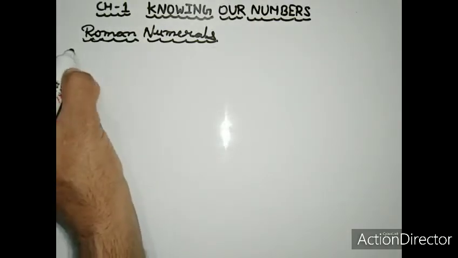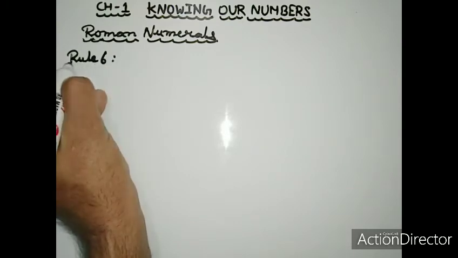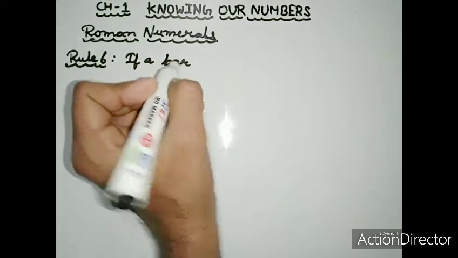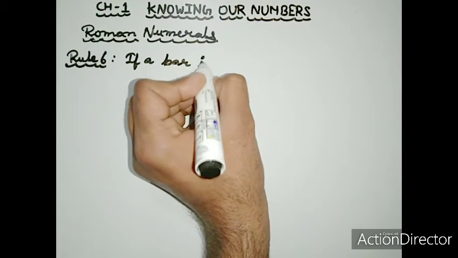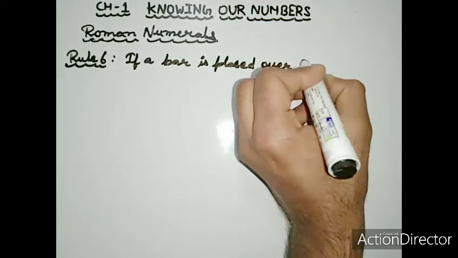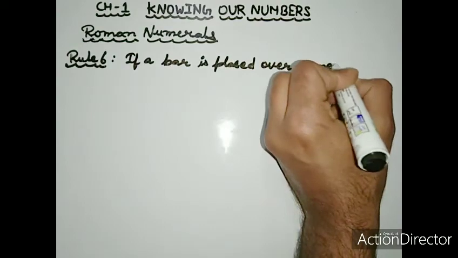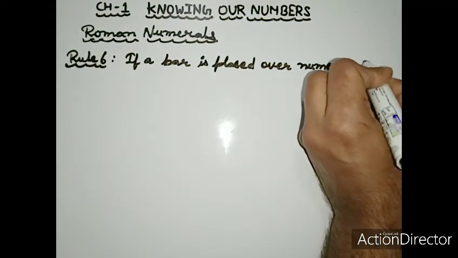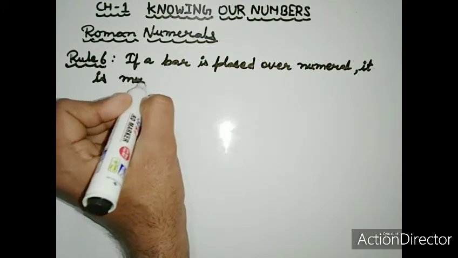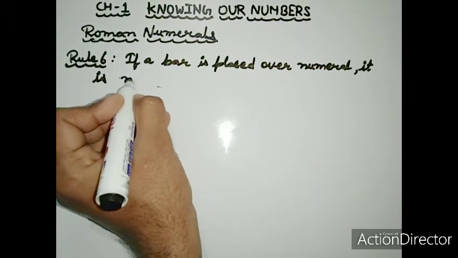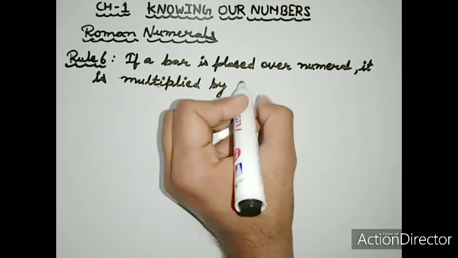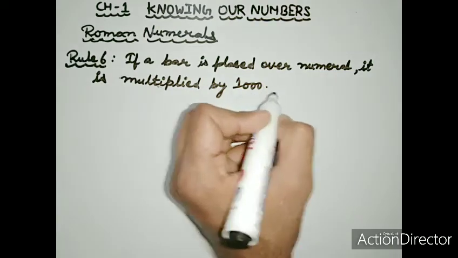Now the next rule, number 6. Here if a bar is placed over a numeral, it is multiplied by 1000. For example,